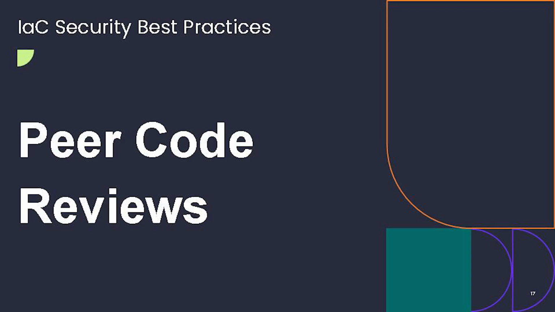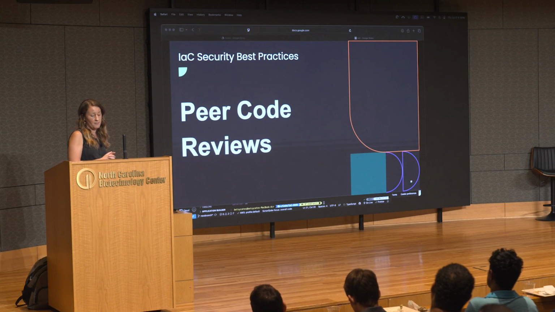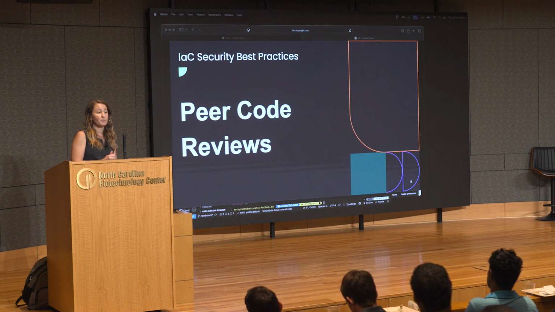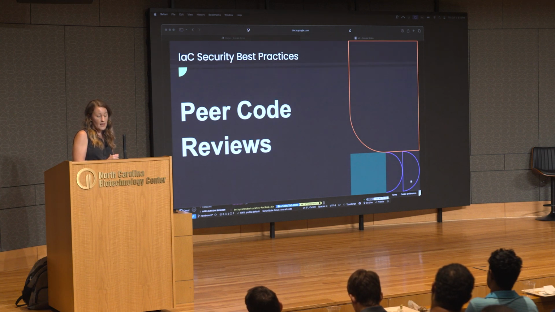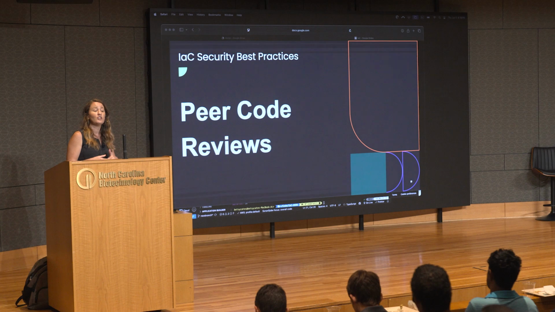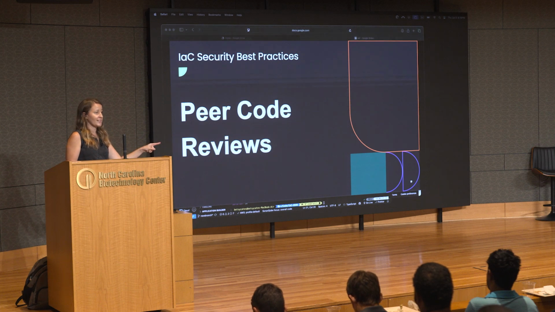You want to use peer code reviews like we saw with GitHub earlier. A fresh pair of eyes can spot mistakes that automated tools can miss, such as a role having excessive permissions or a misconfiguration. Code reviews encourage discussion of best practices and reinforce security awareness. This can also help ensure that changes follow your organization's standards like naming conventions, tagging, and compliance rules. Because if you've got somebody brand new working on this and they don't know what your tagging system is or how to name their S3 buckets, when they do that code review, you can say, hey, let's go fix that really quick.